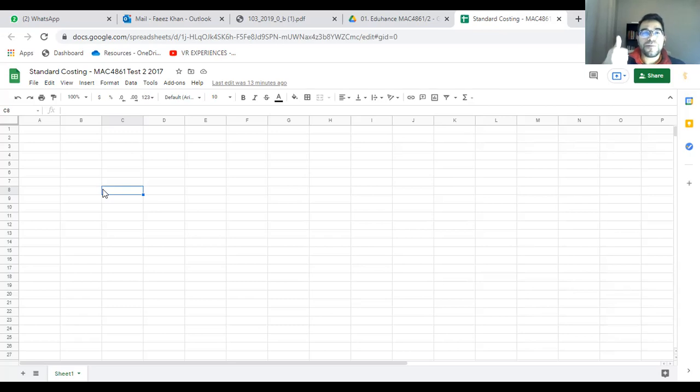Number one, it is identifying the costing system, whether you're using the absorption costing system or the variable costing system. This will have an impact on the variances that will be available to calculate. When we go through the variances, I will tell you where it becomes applicable. The second one is, in most cases, we're going to be dealing with